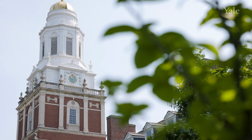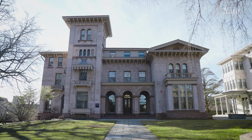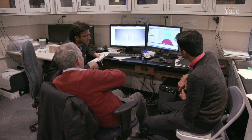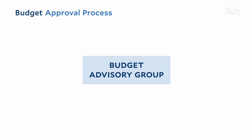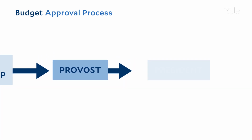Decisions are made really based on the operational needs of the unit. We also look at the president and provost strategic initiatives for the next 5 to 10 years. And we also look at what ideas will have the strongest outcomes on the university and advance the mission of the university. We summarize the entire budget for the provost, who then presents it to the president, who then